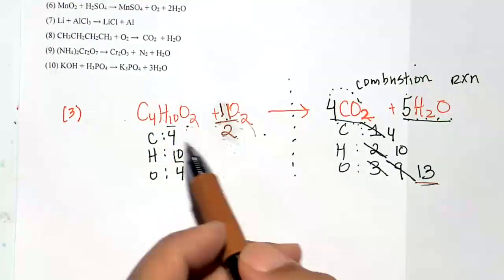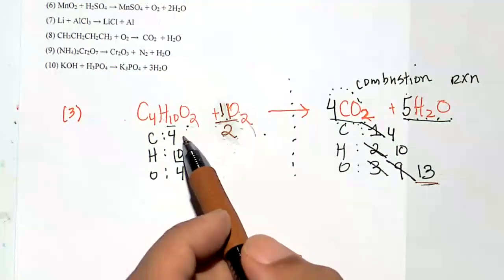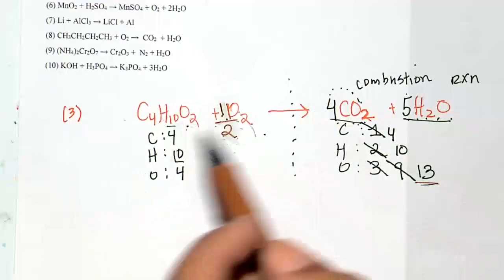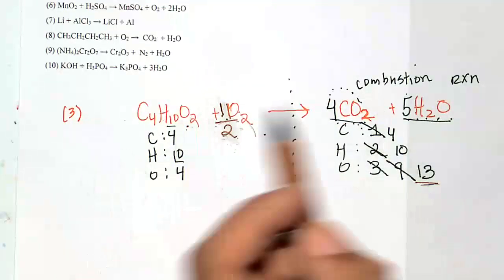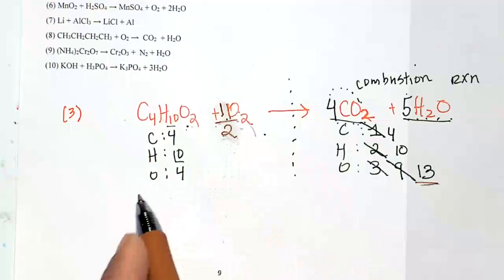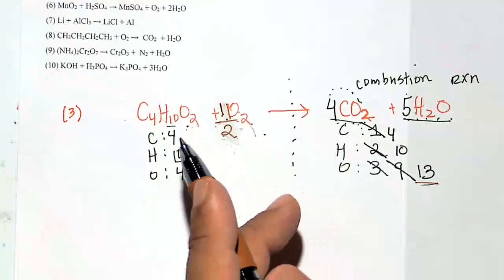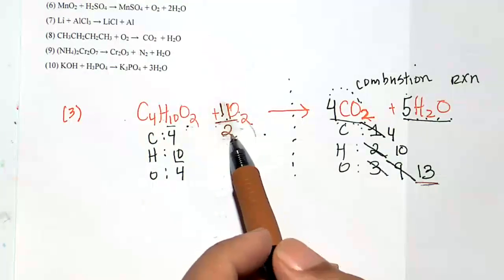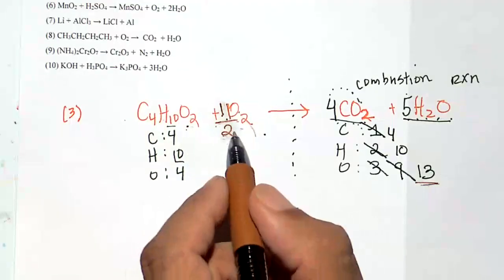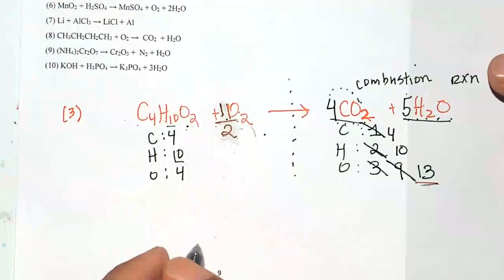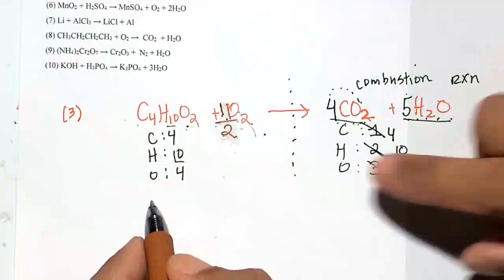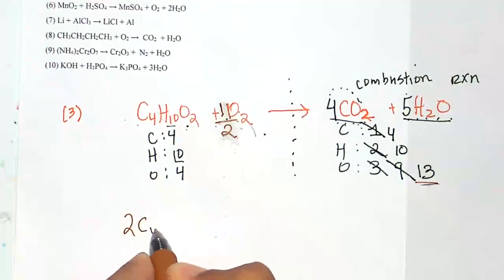You can also do another thing. You can do like they do in math and algebra. You can multiply both sides of the equation by 2. I kind of like multiplying both sides of the equation by 2, but you can leave it as a fraction. That's not a problem. So if I multiply both sides, like in math, by 2, I'm going to get